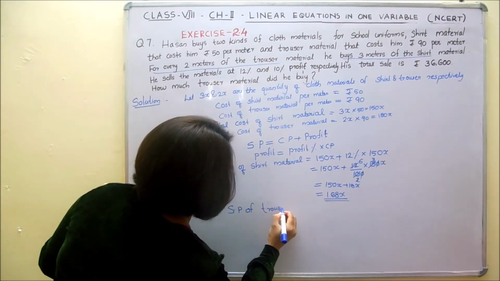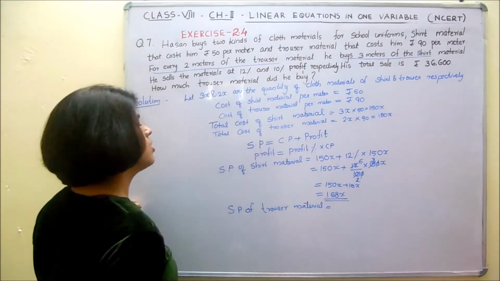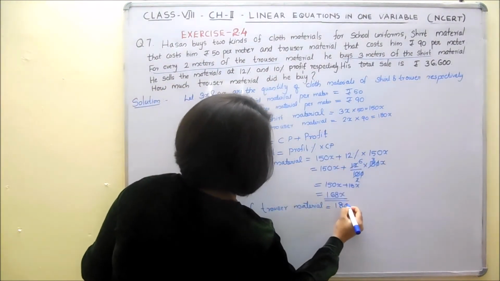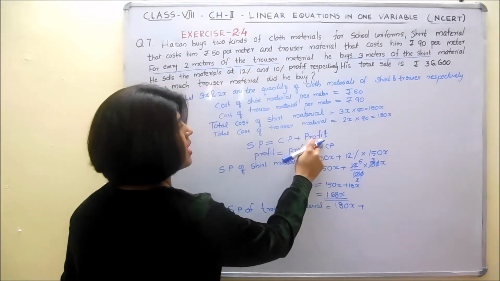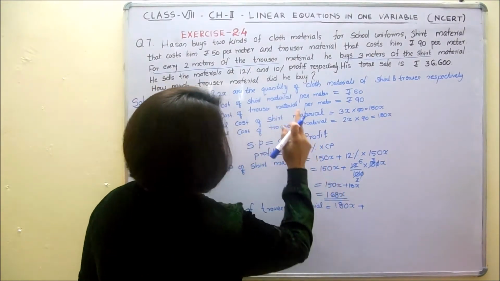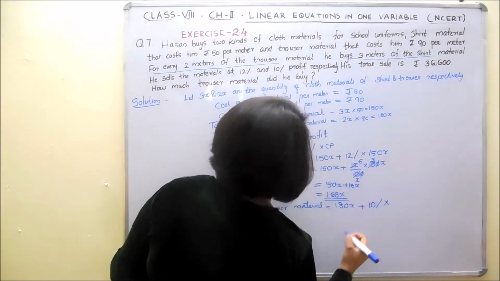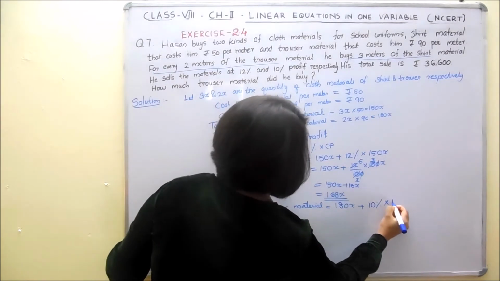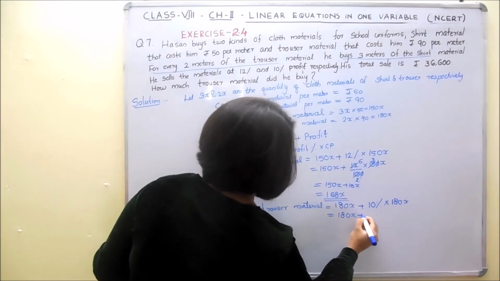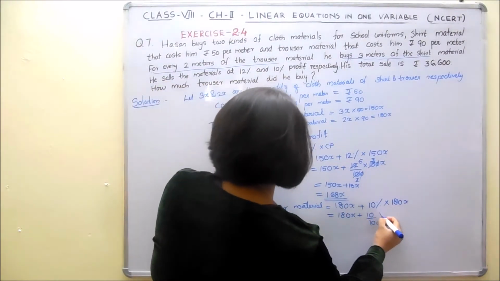And what is selling price of trouser material? Which is equal to total cost of trouser material, that is 180x, plus we have to find the profit. Profit means profit percentage of CP. Profit percentage of trouser material is 10%. 10% of CP. CP is again 180x. Now we can solve this. 180x plus 10 by 100. 10% means 10 by 100 into